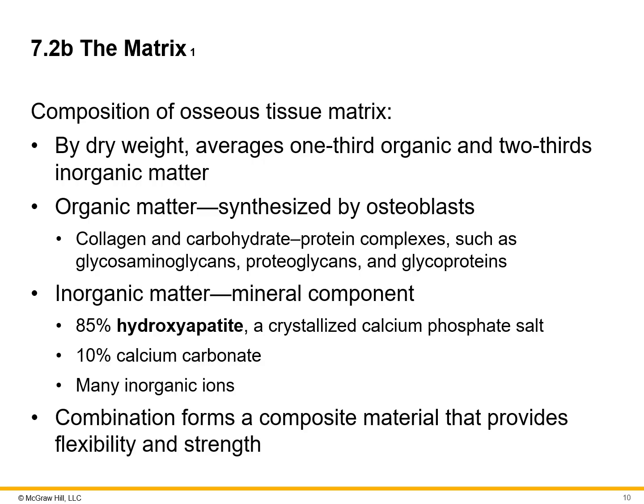And then there's going to be about 5% of inorganic ions. And several foreign elements can behave chemically like these bone minerals and become incorporated into osseous tissue as contaminants, sometimes